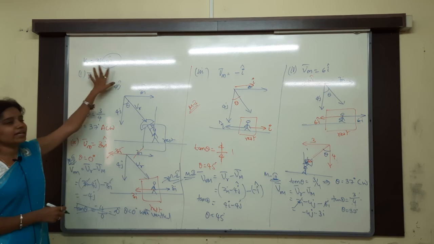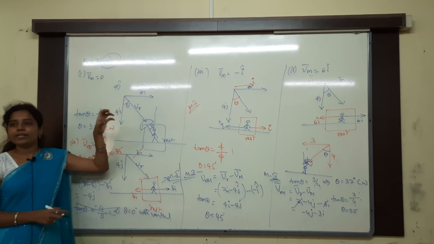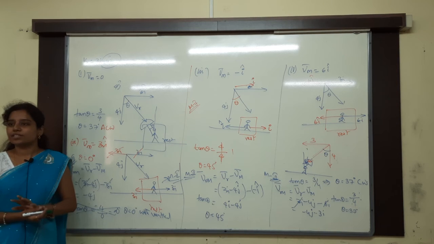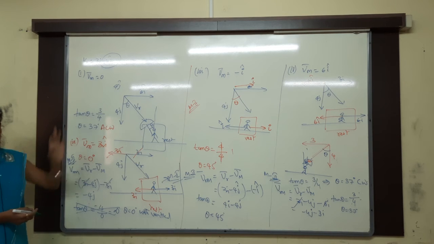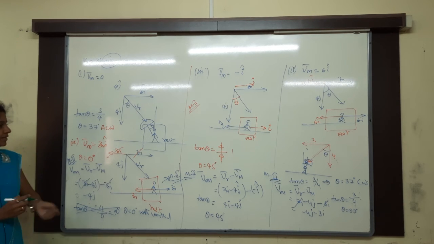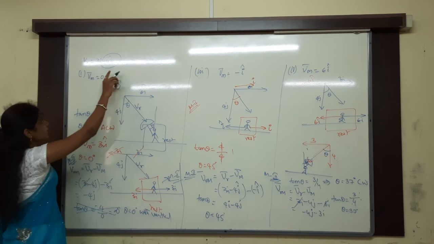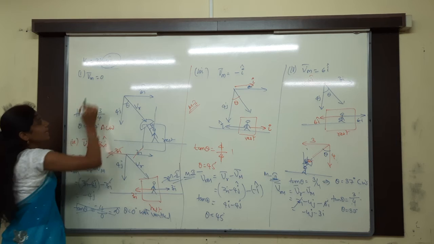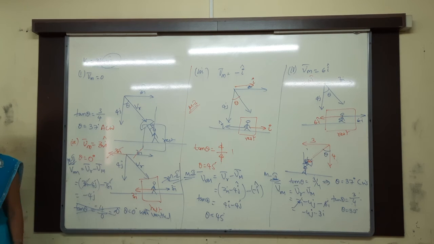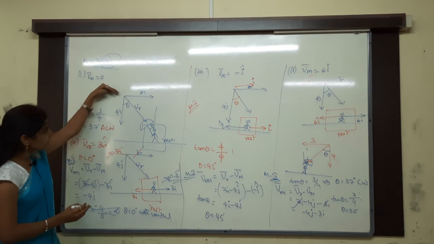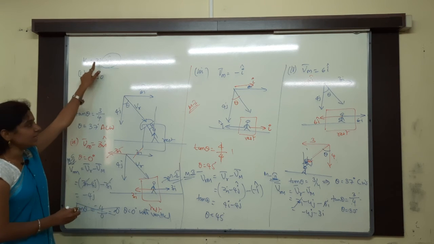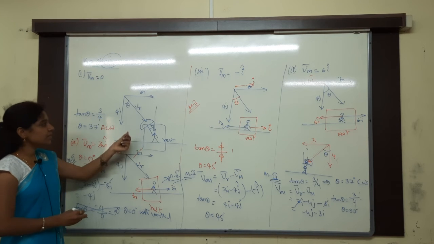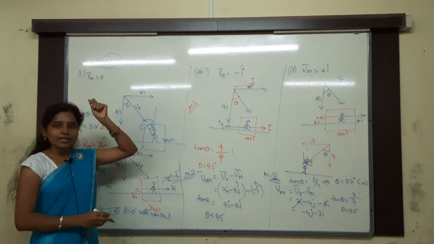First of all, in the first question, they are saying that the velocity of the rain is 3i minus 4j. They are asking how the man has to hold the umbrella, with what angle, with vertical. For that purpose, first of all, the velocity of the man is how much? In the first case they are saying 0, nothing but the man is at rest. Now rain is not falling vertically downwards, it is falling slantly, 3i minus 4j, two components are there. Rain is falling in 2 dimensions, not in 1 dimension, slantly like this. The horizontal component is 3i, the vertical component is 4j. So he has to hold the umbrella exactly opposite to the rain.